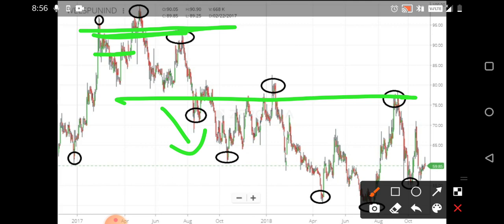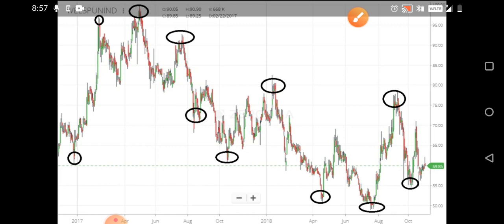I have tried my maximum to reduce the complexity and explain to you. So the basic steps I have explained. The pro tip: try to remember that you need to connect maximum wicks of the candle but not the body. If you remember this particular tip, then definitely for any chart you can draw support and resistance. Try to draw the lines on a larger time frame so that you will benefit in shorter time frames also, because when you draw on a large time frame and simplify the charts, automatically the lines also will be simplified.